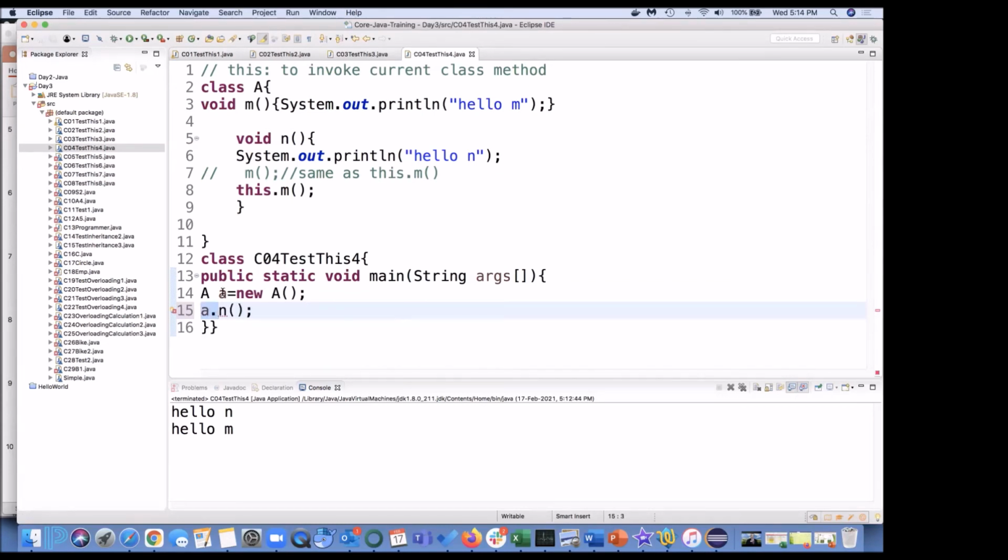For calling this, I have to create an object, and after creation of the object, I call this. But within the same class, I can directly call them. But your compiler explicitly wants to call functions from the instance variable of that object of that particular class, the current class object. So when I do this, let's run and see.